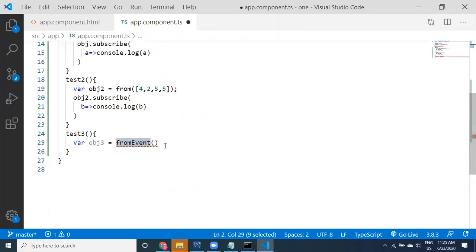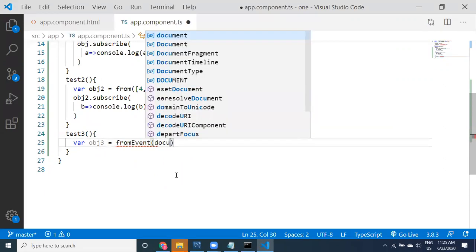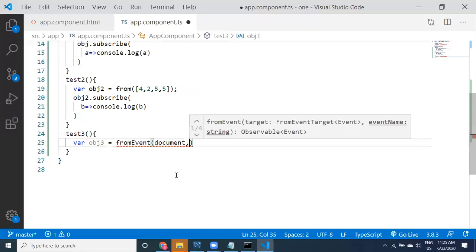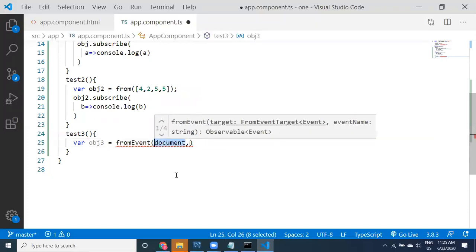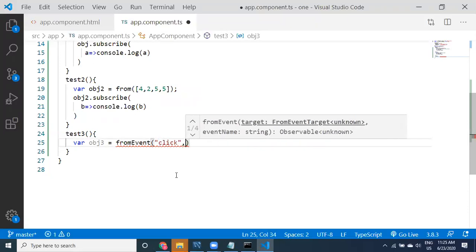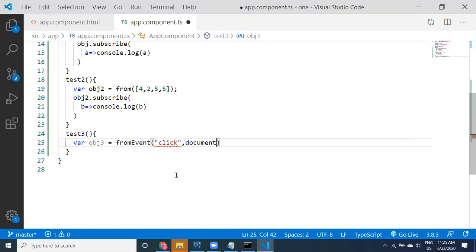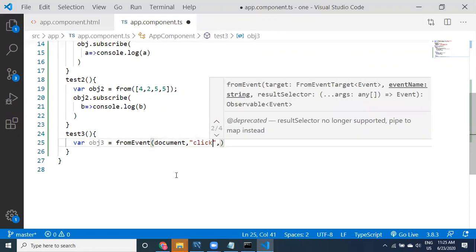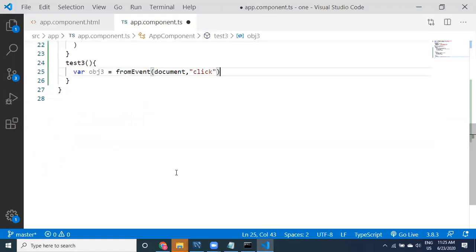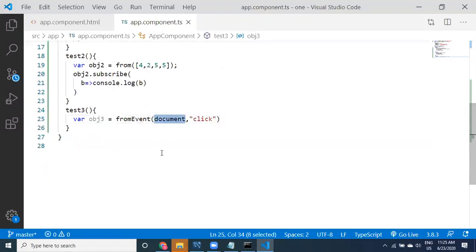Whenever you see fromEvent, it will take document and click. I think that is the right syntax. It means that it keeps generating the events. It is going to generate events actually.